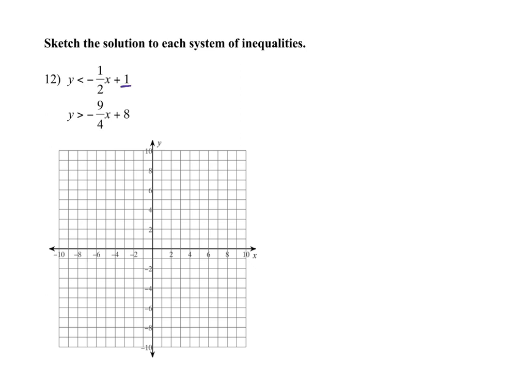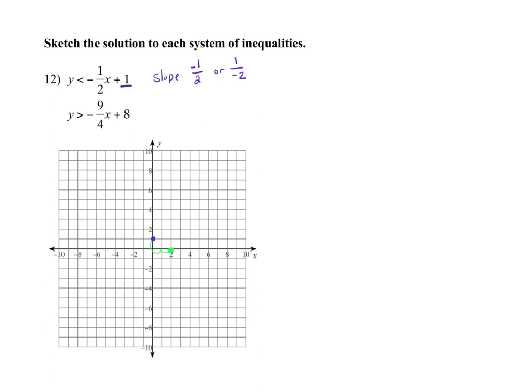We are going to start on my y-axis. At my y-intercept, the first one is positive 1. And then we are going to move according to our slope. Our slope here is negative 1/2. Remember, that's negative 1 over positive 2, or positive 1 over negative 2. So if I go down 1 and right 2, that's where my second point is. And so I can connect those dots